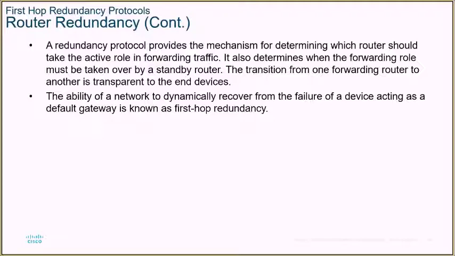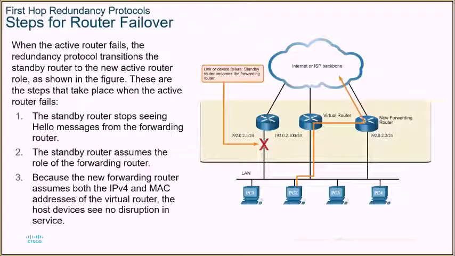So the ability of a network to dynamically recover from a failure of a device acting as a default gateway is known as first hop redundancy. Okay, so basically what happens for a failover. And so you can see on the diagram here that there's actually two physical routers. And so that's these two outer ones. And together, as a team, they create this virtual router. And it's the virtual router's details are what's